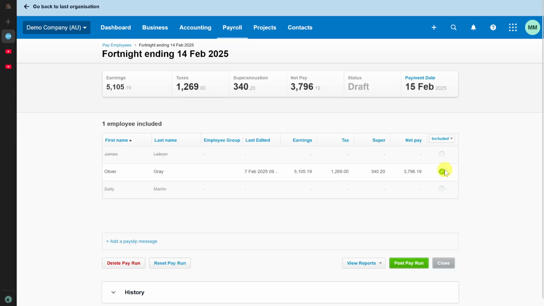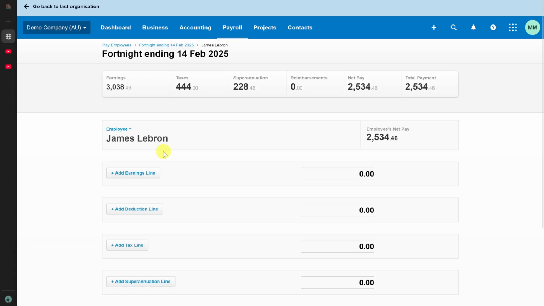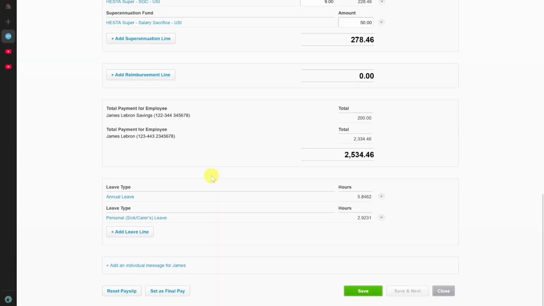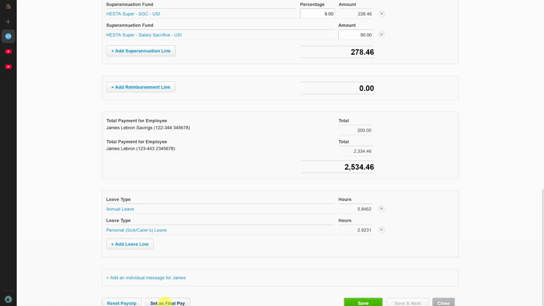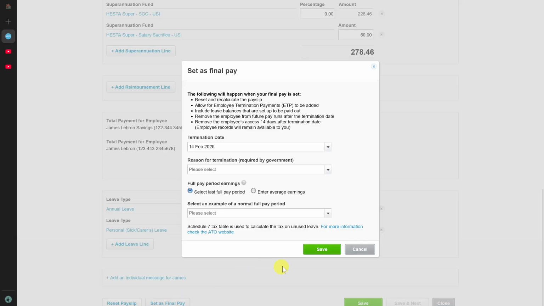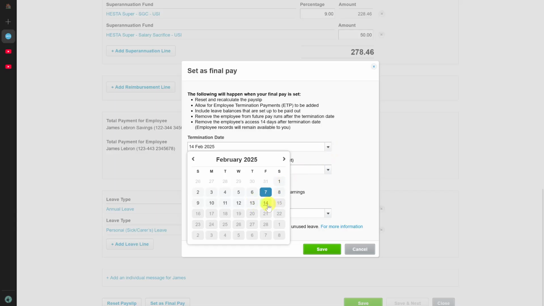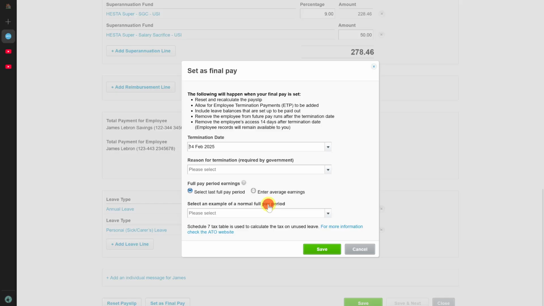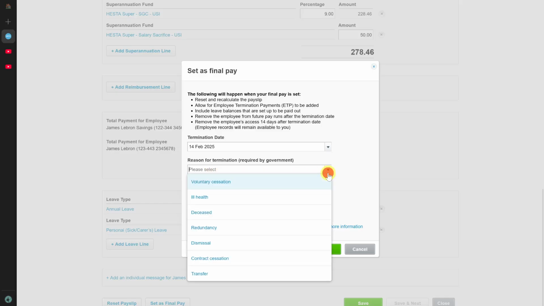Then on the screen you have to select the employee that you want to terminate. Then you need to click on the employee's name to view their payslip, and then you have to scroll down and click on this set as final pay, and then you just have to set the termination date and then the reason for termination,